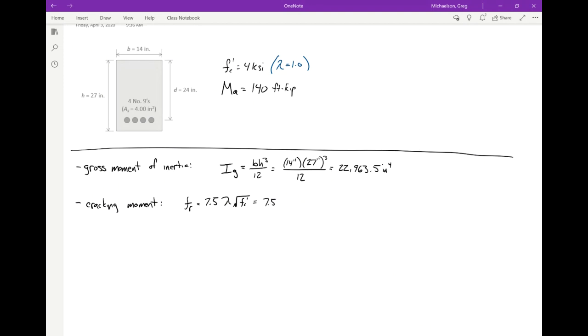So that's 7.5 times 1, since this is normal weight concrete. And remember, square root of FC prime, you put in PSI, you get out PSI. So this is 4,000 PSI. And so 7.5 times 1 times the square root of 4,000 ends up being 474.34